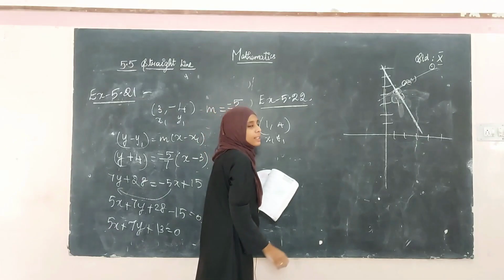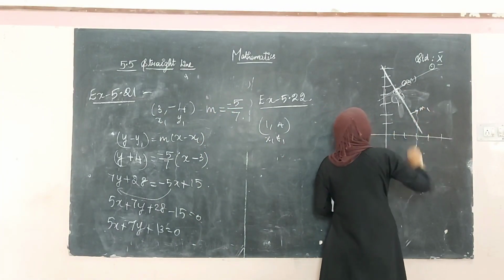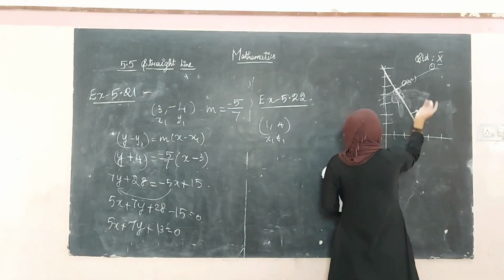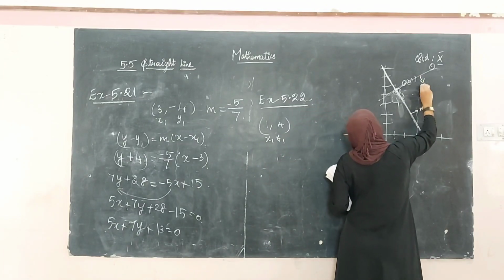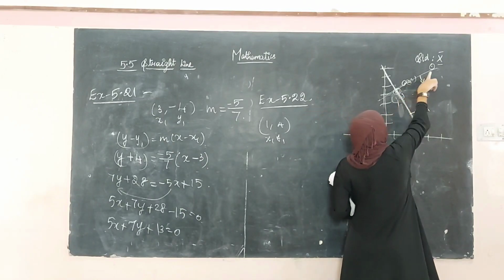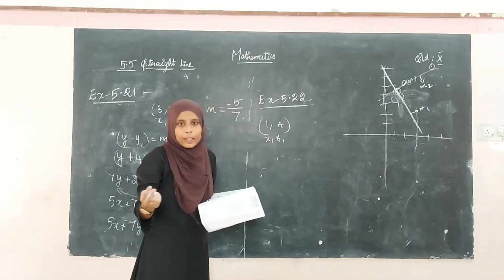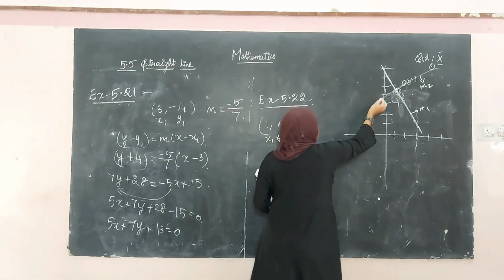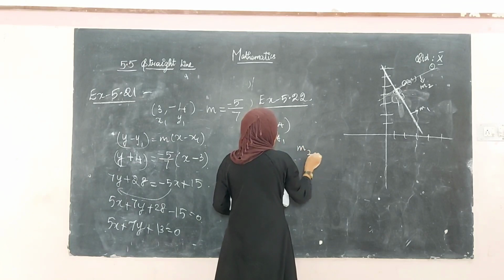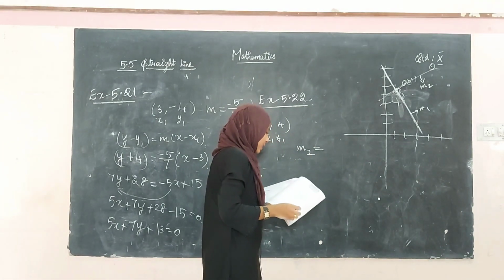Okay, we have to find the slope. The slope of our required equation we can take as m1. The line that is perpendicular to it, let us take its slope as m2. Here two points are already given. So if 2 points are given, we can find the slope, right? So first we find m2 for this straight line. What is m2? Change in y coordinate divided by change in x coordinate.